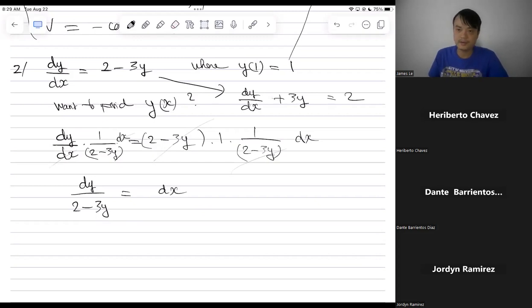If you do it like this, how can you integrate both sides? Because you still have the x here. If you multiply both sides by dx here,